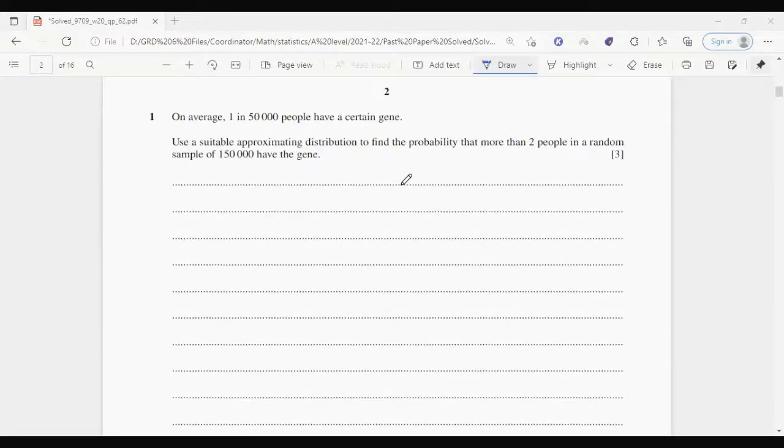On average, 1 in 50,000 people have a certain gene. Use a suitable approximating distribution to find the probability that more than 2 people in a random sample of 150,000 have the gene. So we know that the given distribution is a binomial distribution of a random sample of 150,000 with a probability of 1 over 50,000. So obviously, suitable approximating distribution. So we have to approximate this to